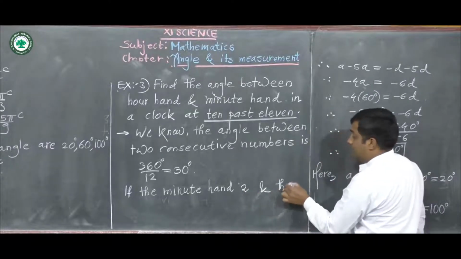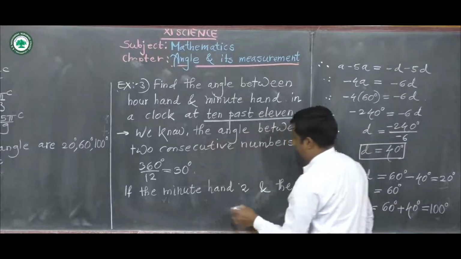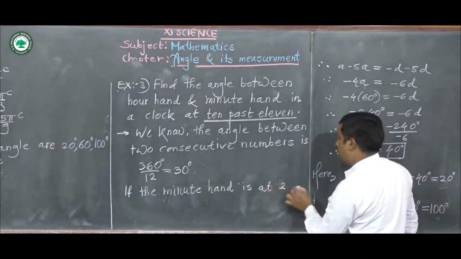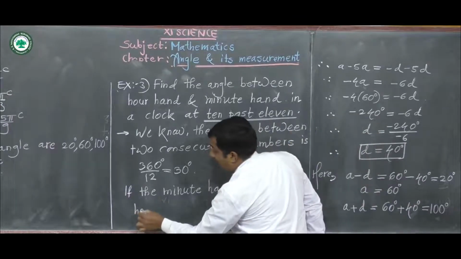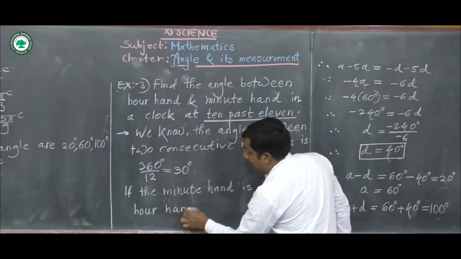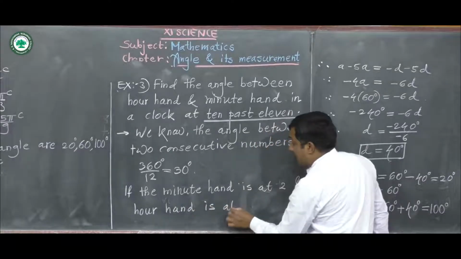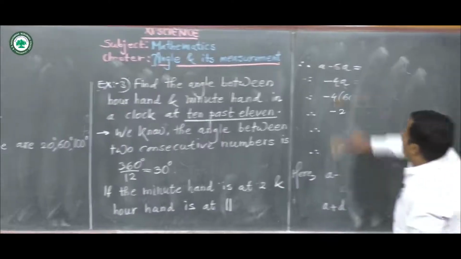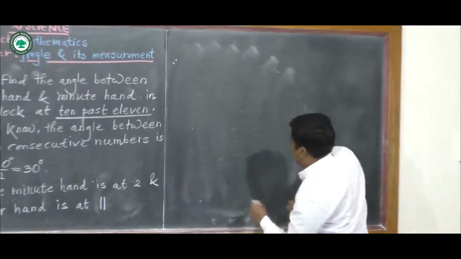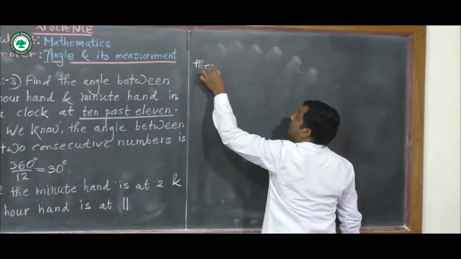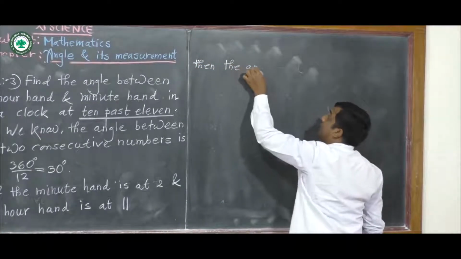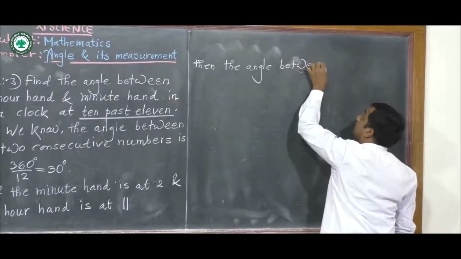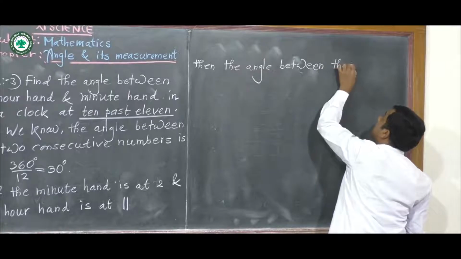And if the hour hand is at 11, then the angle between these two hands is